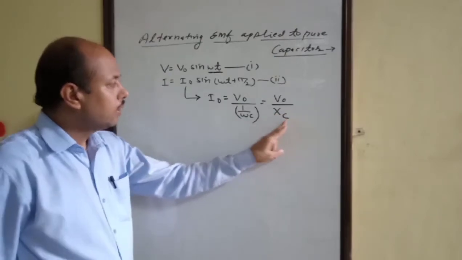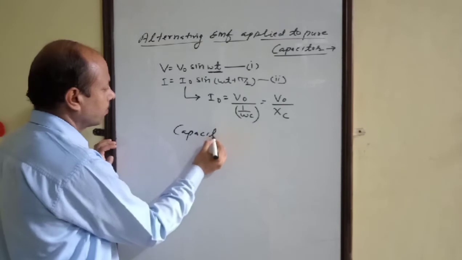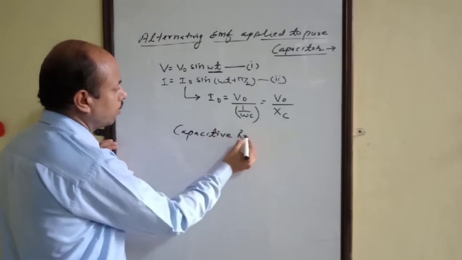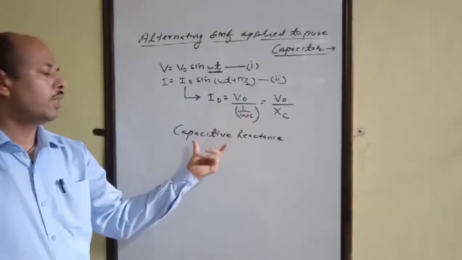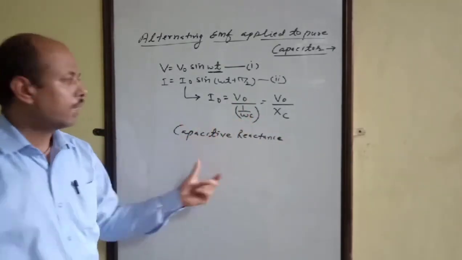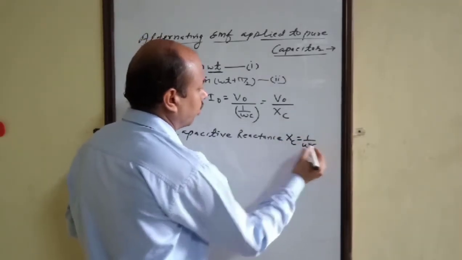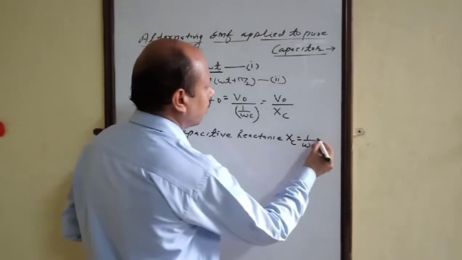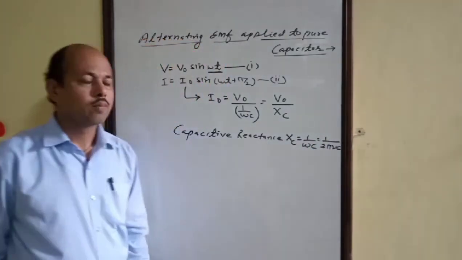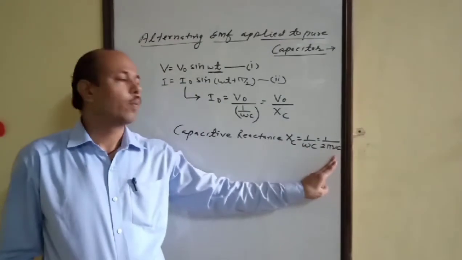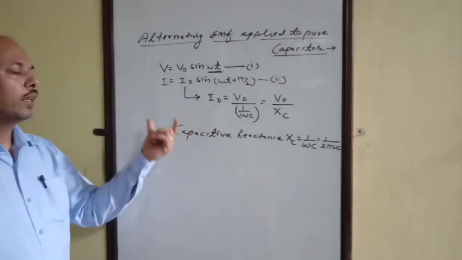Since it is Xc, the name will be capacitive reactance. Here Xc is known as capacitive reactance, and it is given by Xc equals 1 upon omega c, or we can also represent it as 1 upon 2 pi nu c, because we know that omega equals 2 pi nu, where nu is the frequency. This capacitive reactance we can define as